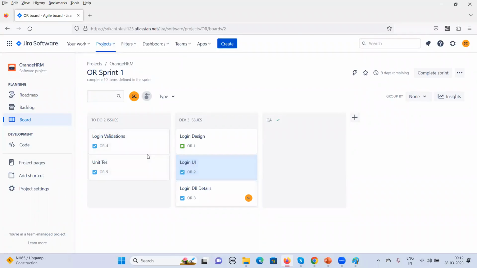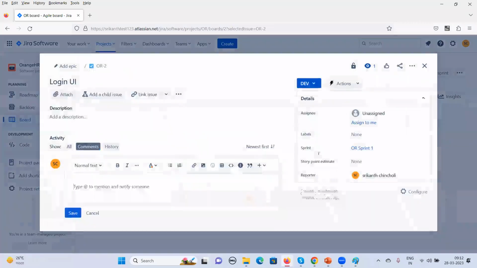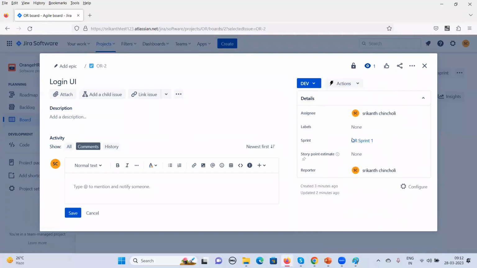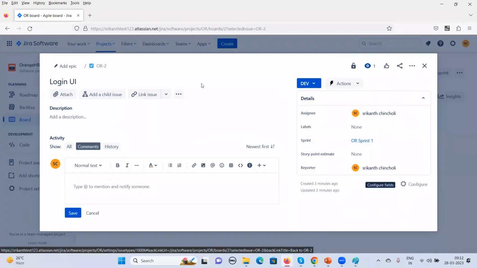Manage the board. So in this board, the person who is working on this item will talk about what hurdles they are facing, and the Scrum Master will be managing all this board and is going to give some time. Initially this person has given some time to complete this particular item within a given period of time. Let's take, I assign this to me, and now in this case I'm going to provide,